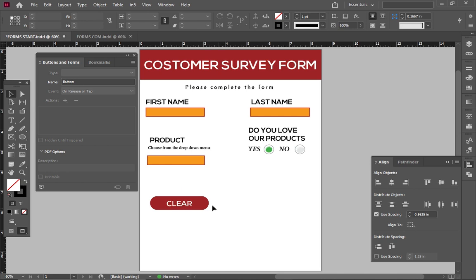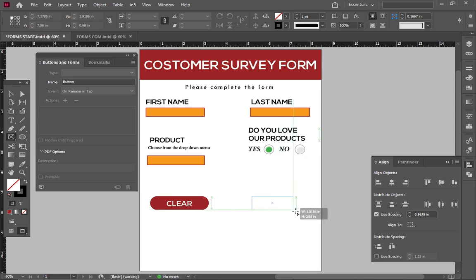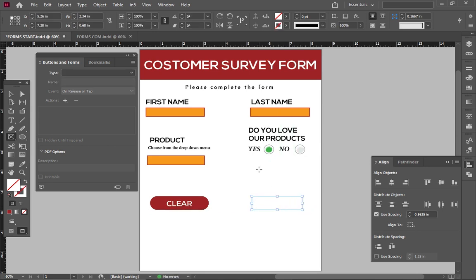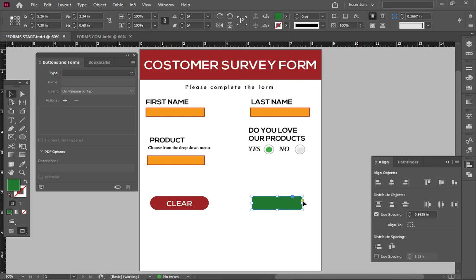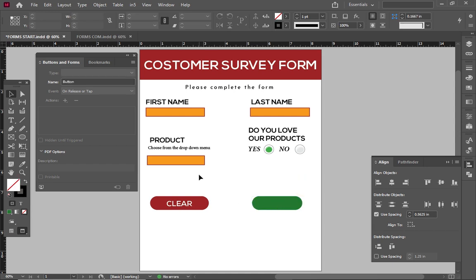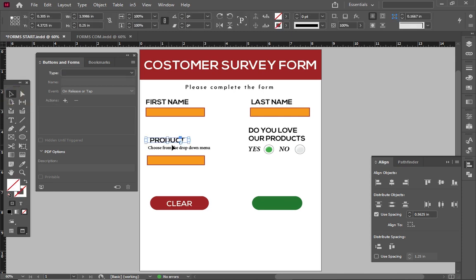Now I want to create this. So with this, it's the same thing, I use a rectangular frame and then drew it here. So I want this to be submit, drew here like this. Then I'll make the color green, and then what I did is I just clicked over here and then did something like this. Okay, and then came over here, held Alt to duplicate it,